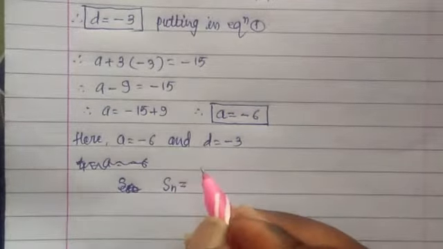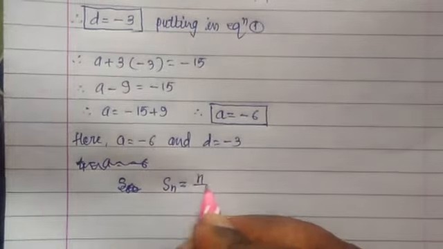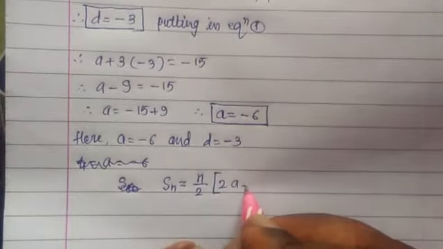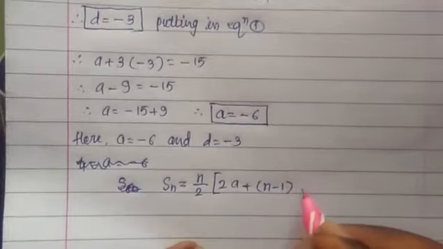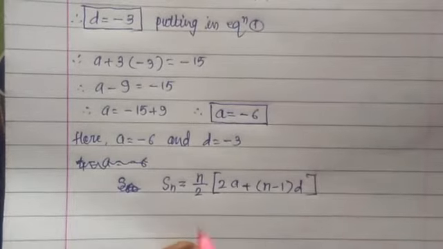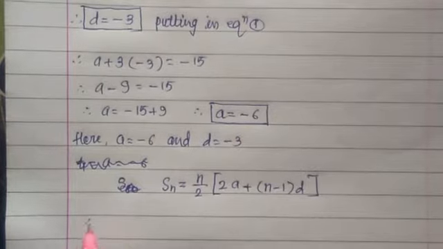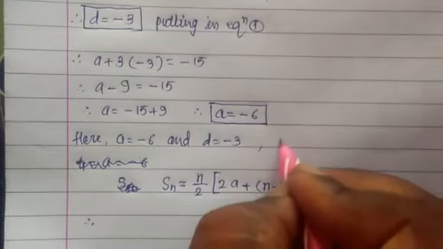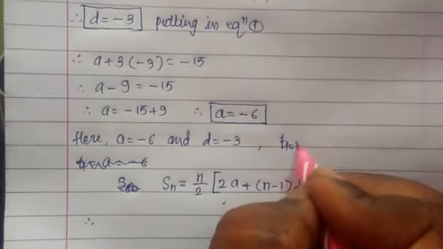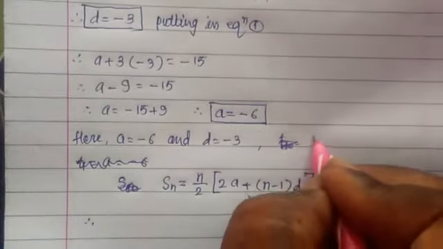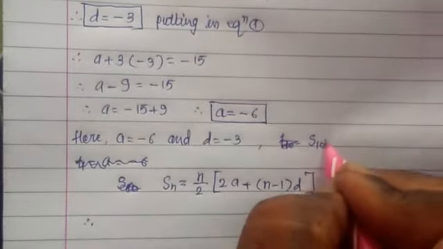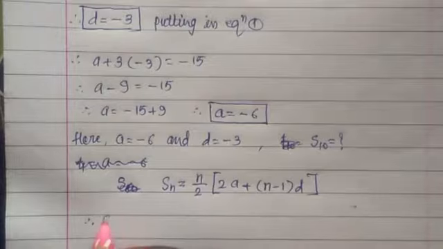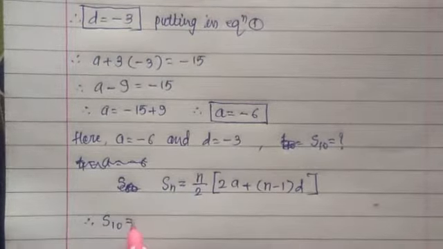Sn is equal to n by 2 into 2a plus n minus 1 into D. This is the formula. Now we know Sn means we have to find 10 terms. Now here we have to find 10 terms, means S10 is equal to question mark. Now Sn means S10 is equal to n means 10